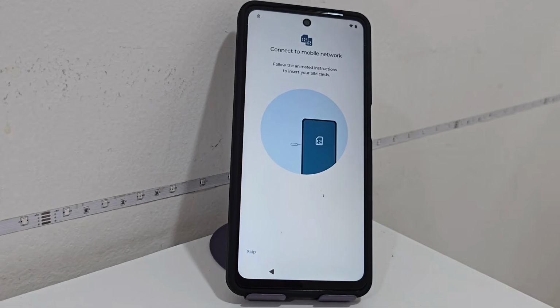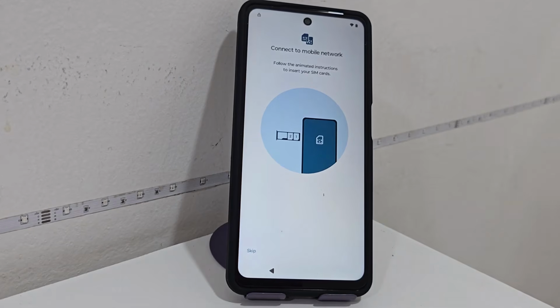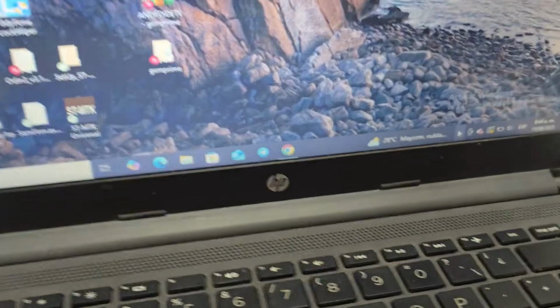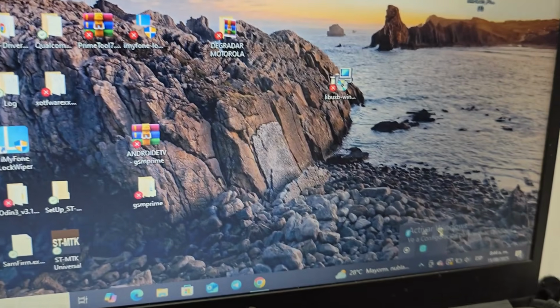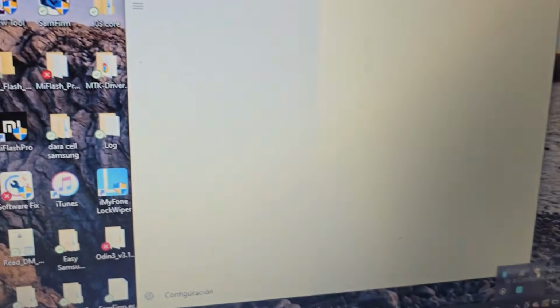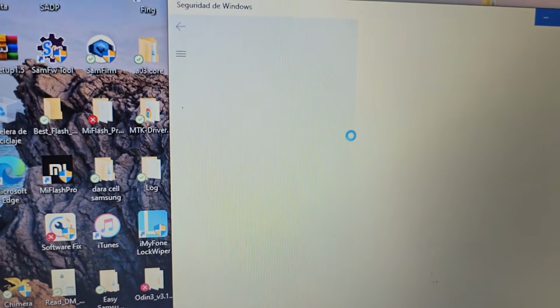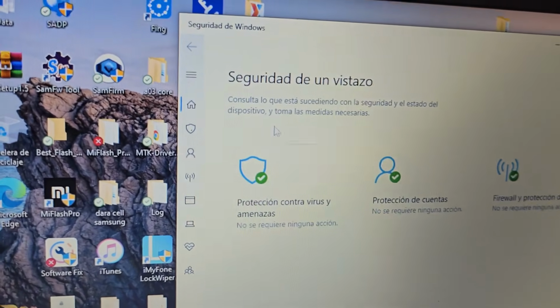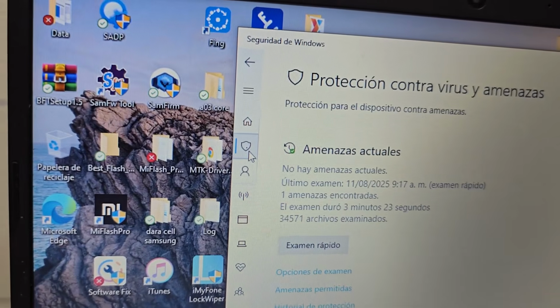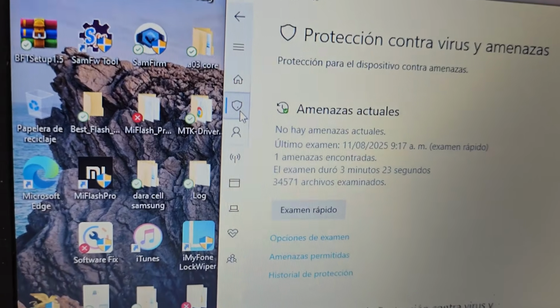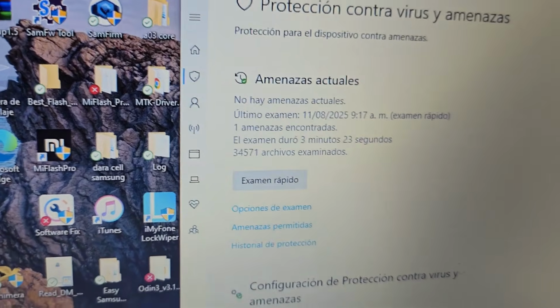Okay, let's go to our PC first, and look for our antivirus. Here it is. We are going to double-click the antivirus. Being here, we will get a shield. This shield that appears here, we are going to click on it. Now we're going to go down and click here where it says